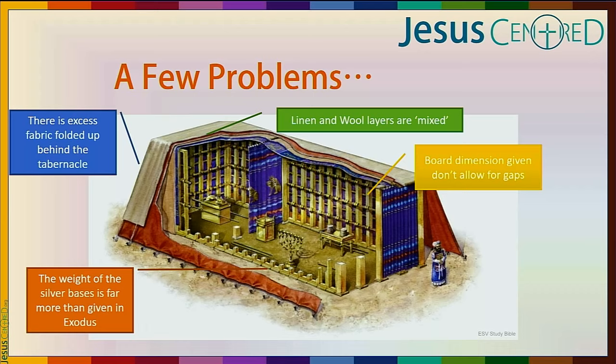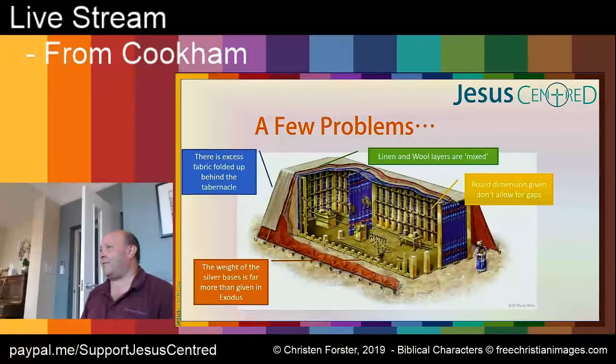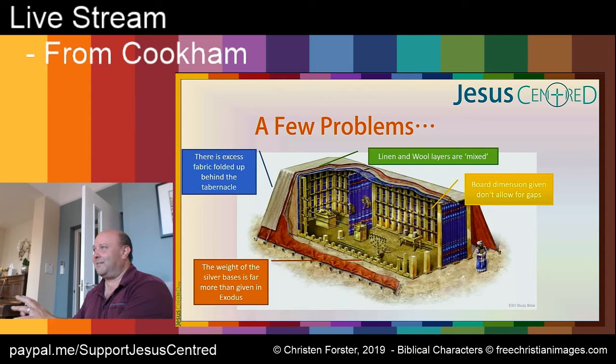Leviticus, which of course is written at the same time as the tabernacle is being built, explicitly forbids the mixing of linen and wool together. And yet here we have a model where the two are totally sitting on top of each other. It's odd. It may be that people say, well, it's God's special house, so He's allowed it and nobody else is. But it's odd that there's nothing in the text that says this is why I've got it and that's why you're not supposed to have it, if that makes sense. So there's a linen layer and a wool layer that gets mixed.